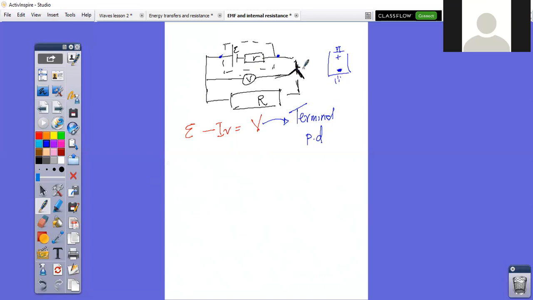So let's imagine in this case that I have a voltmeter and my circuit, or my switch, is open. What would the current now be in the circuit? 0. Do you agree? Yeah, because nothing's flowing. Good. So if this is 0, am I going to get any lost volts if there's no current? No. No lost volts. That means that the reading on my voltmeter is going to be equal to what? 0. No, not quite. So if this is 0,